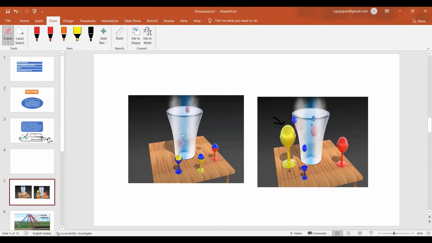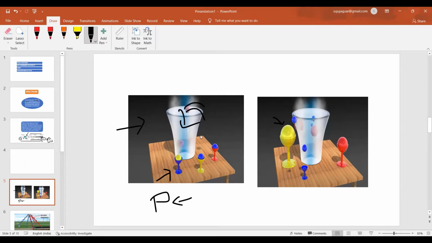So now let us understand how a person's voice is able to reach the other person. So guys, to understand this, you need to understand this example. This is a bucket which has balls of colors yellow, blue, and red, and you can also see the cups here which are blue, yellow, and red. Now, if I keep popping the balls outside from this tub, what is the probability of the blue ball falling in the blue cup, yellow ball falling in the yellow cup, and the red ball falling in the red cup? The probability is very less because